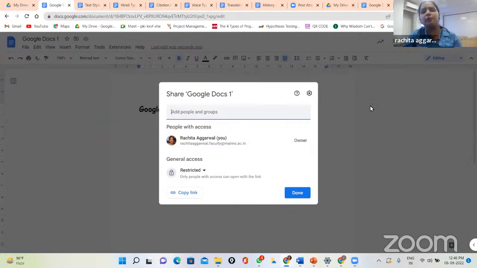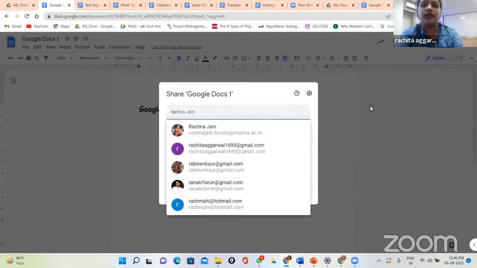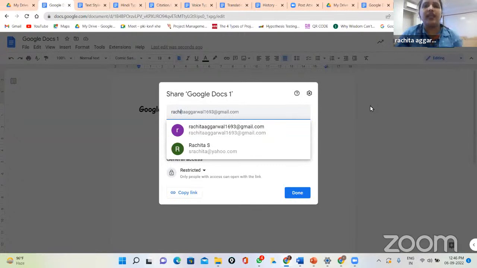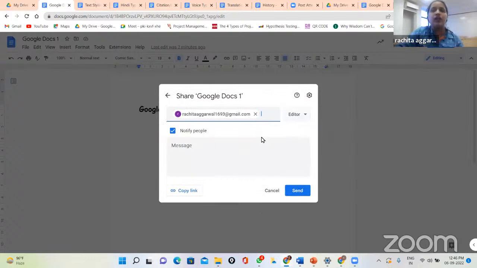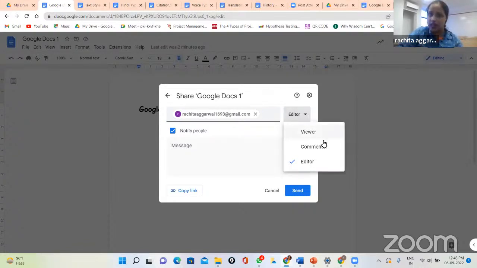So let me add some people here. Let us say I am adding my personal mail ID here, Rachita Agarwal 1693 @gmail.com. So I have added one mail ID. As soon as you enter any ID here, on the right hand side, it will automatically show editor. You can click here on the drop down menu and you can decide whether you want this